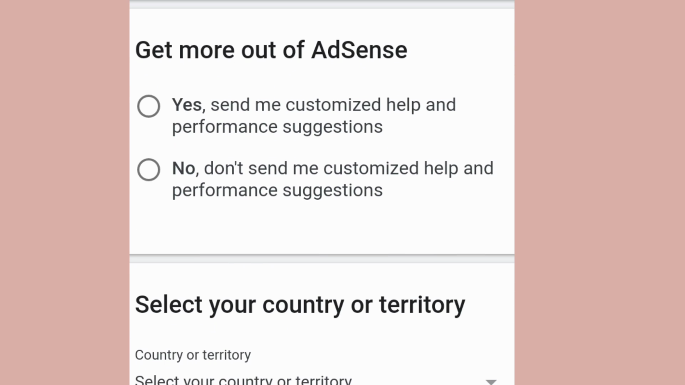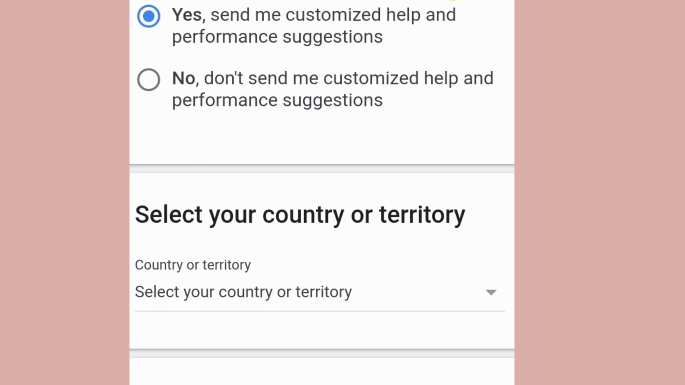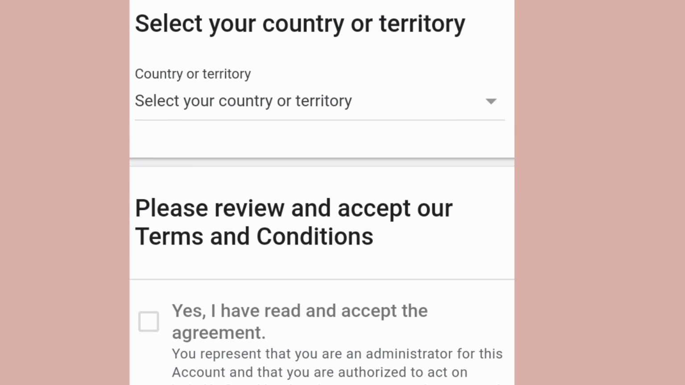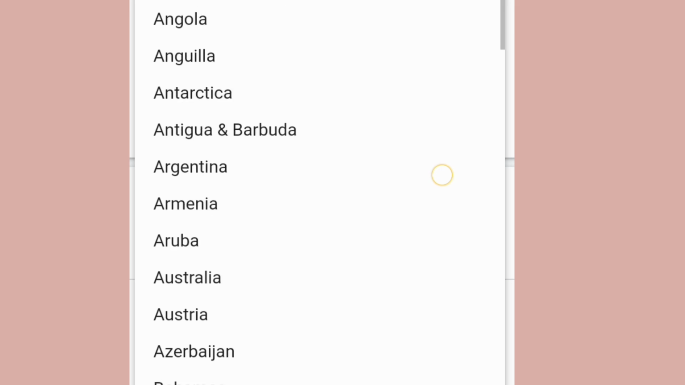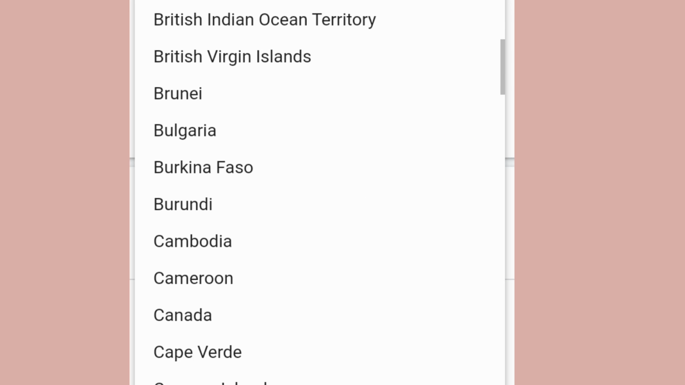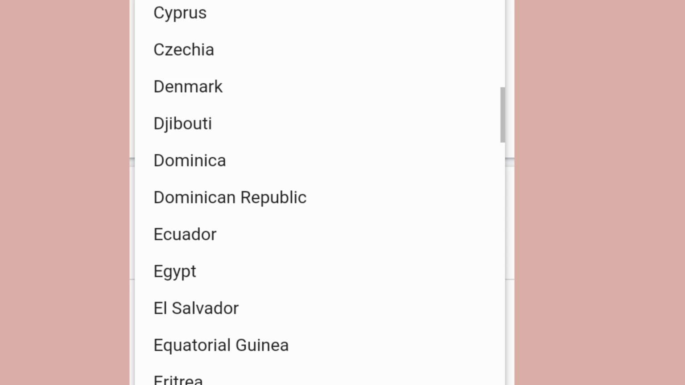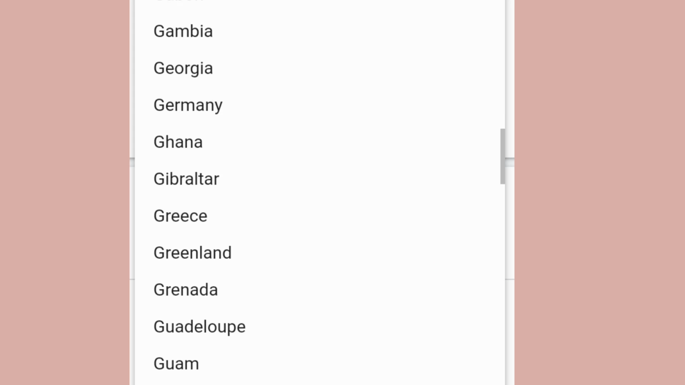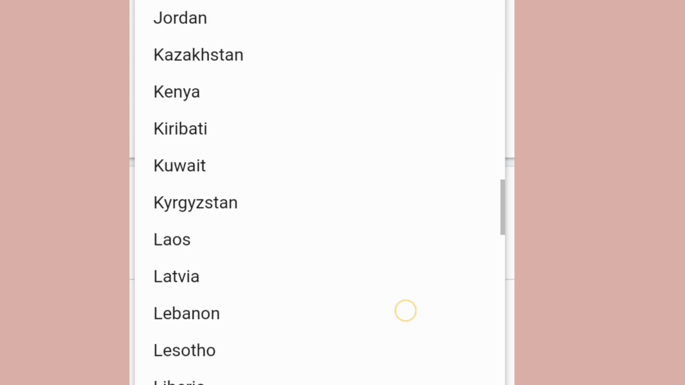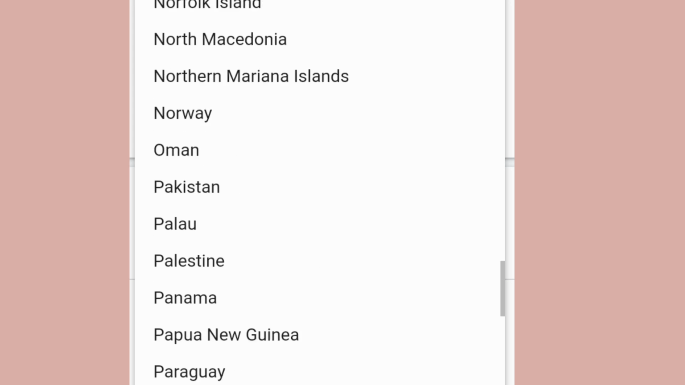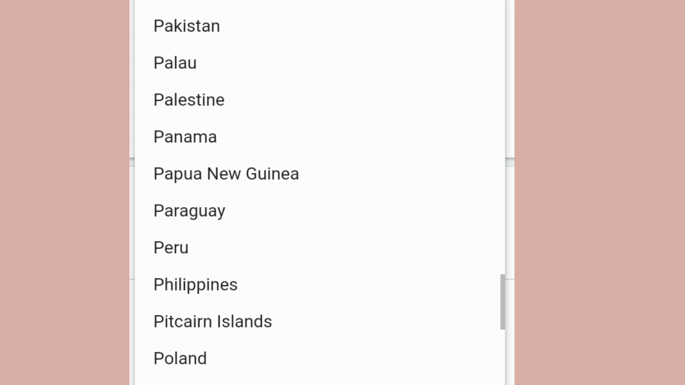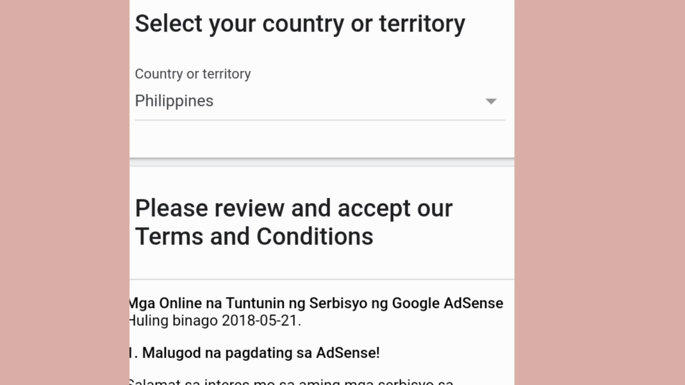Ayan. Then, select your country or territory. So, guys, kung saan kayo ngayon nakatira, yun guys yung ilagay ninyo. Okay? Kasi, hinihingi ito ni AdSense because doon ipapadala sa address na yon yung ating AdSense PIN, which is very important na meron tayo for our payment,